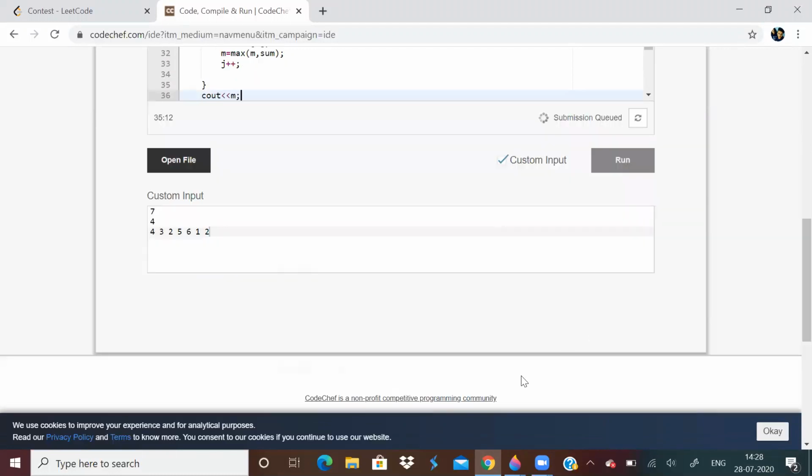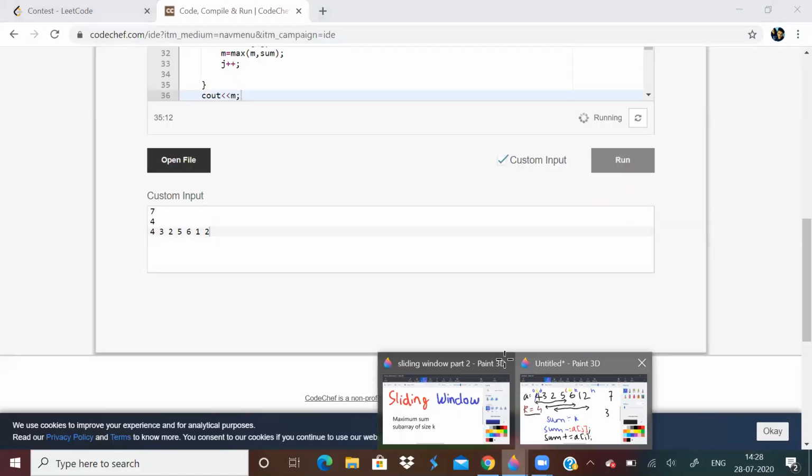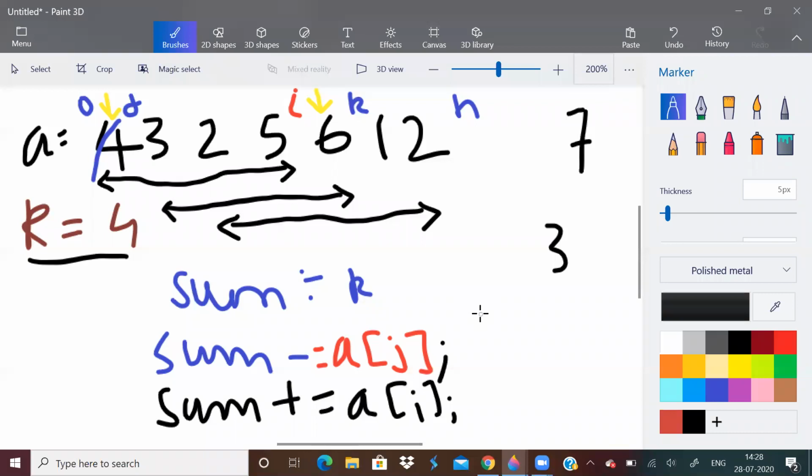So this is how you use this concept. You can use this concept in other problems like a string or anywhere there is a subarray, substring, whichever. And the most important thing should be that the size should be fixed. In this case, the size is k. You can say that k is not fixed, but then they should say something like maximum of size k.